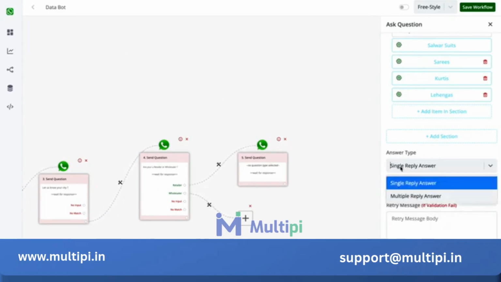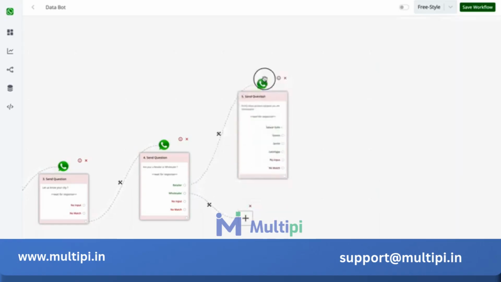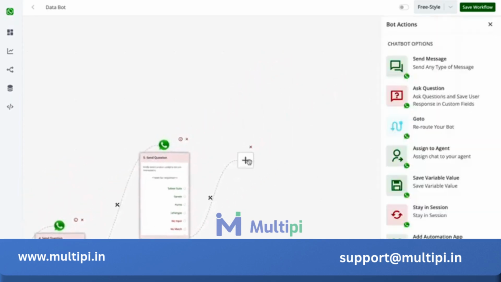We have another option of multiple reply answer, but you can avoid it for now. We'll have a separate video on how to utilize this. So always use single reply answer if you're unsure. So I'll select this. The reply to this message will be product category, and I'll simply click on save response. Now here, whatever the user replies, in the next step I simply want to say that